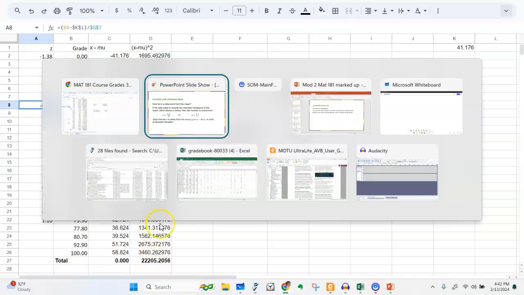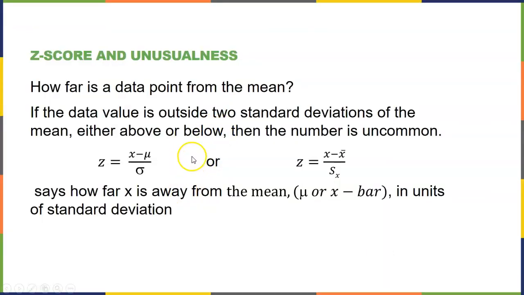So basically, to go back to the slides, if you want to calculate a z-value, or if you're asked to calculate a z-value, you want to subtract the mean